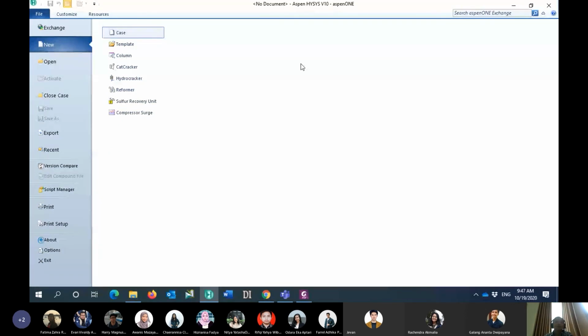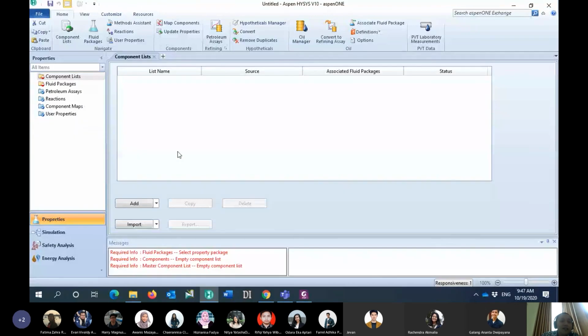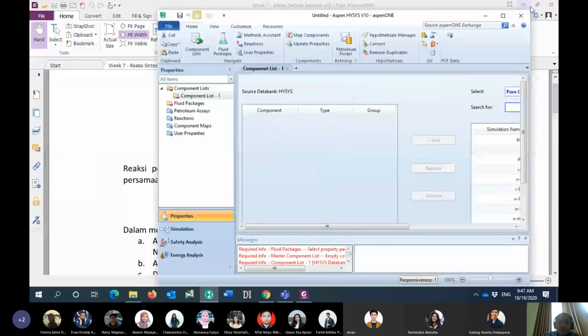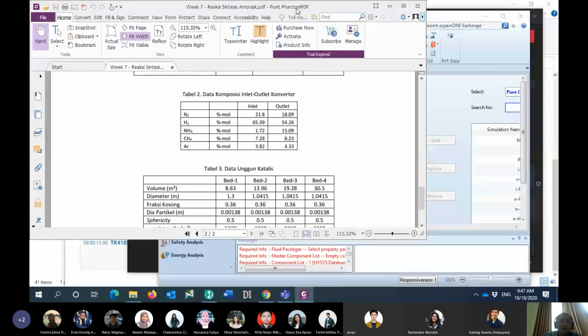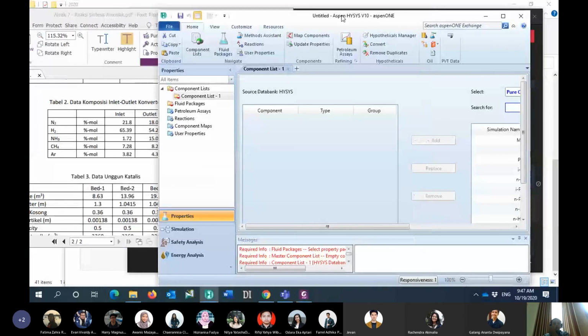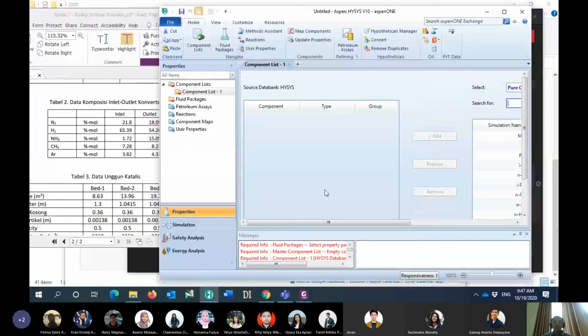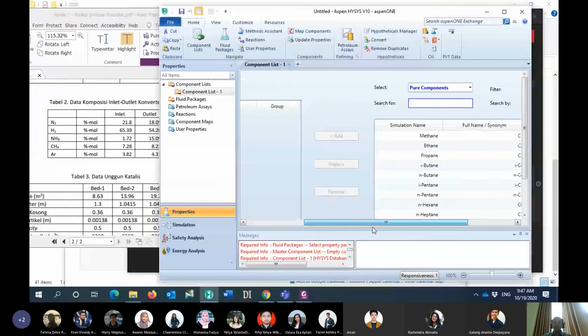So you can see here how we create the Aspen HYSYS model for this kind of problem. First, I would like to define the components. I will go to table number 2, because this table shows me the components. I will define the components in the same order as table number 2.